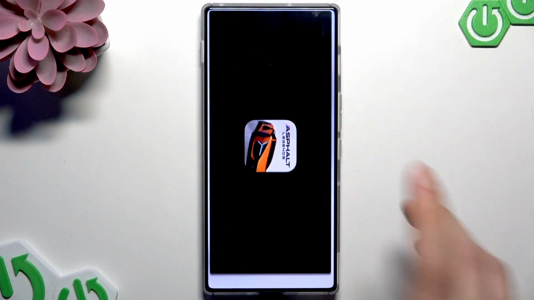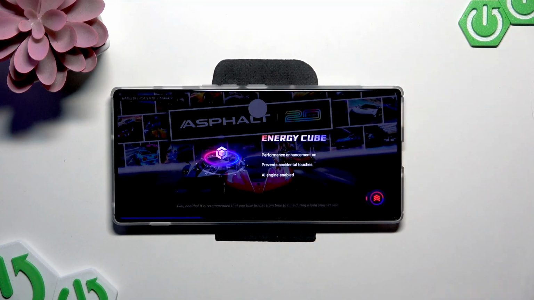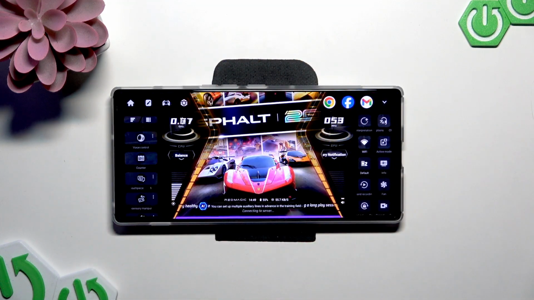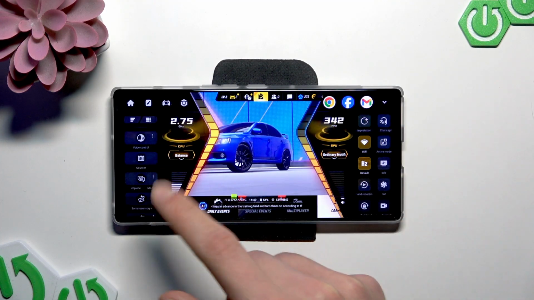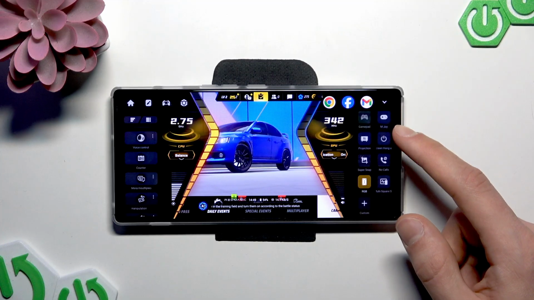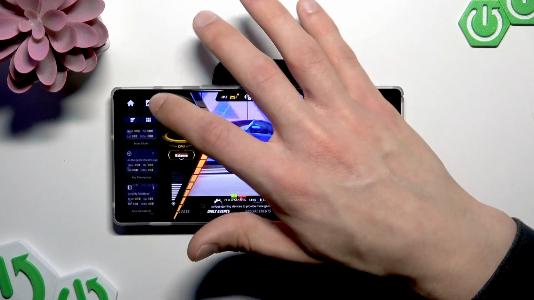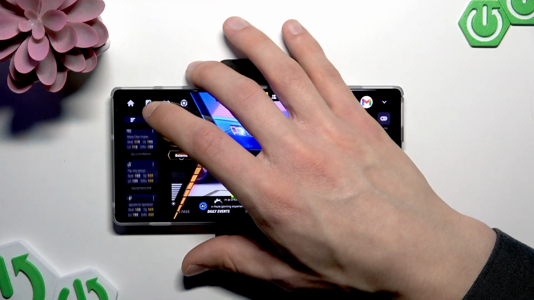First of all, let's open any game to enable the game space in it. And now let's open the game space by swiping it from either the right side or the left side of the smartphone. Now, in this game space, we will have two columns of different plugins from both the right side and the left side. On the left side, we actually have two modes, two different kinds of plugins, and